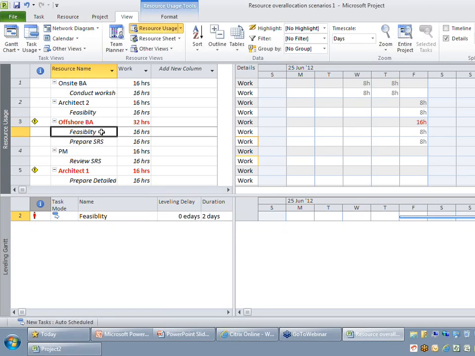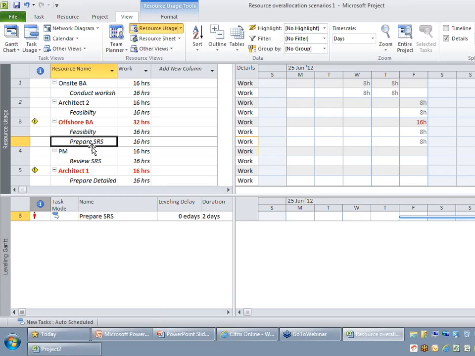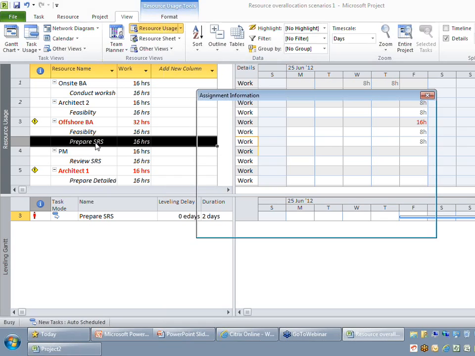If you look at the offshore business analyst, he is working on 2 activities. Let's say you would like to push this activity after a couple of days. The way you can do it is you can just double click the activity you want to push, in this case prepare SRS.